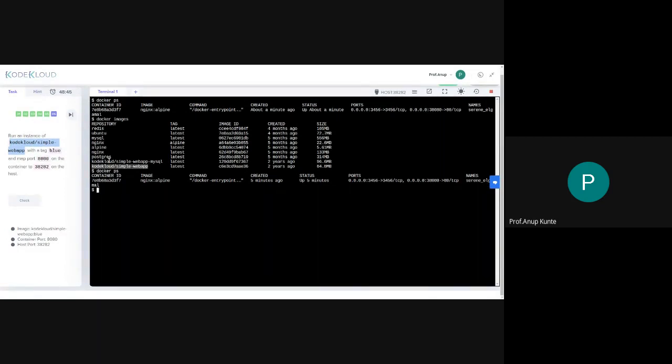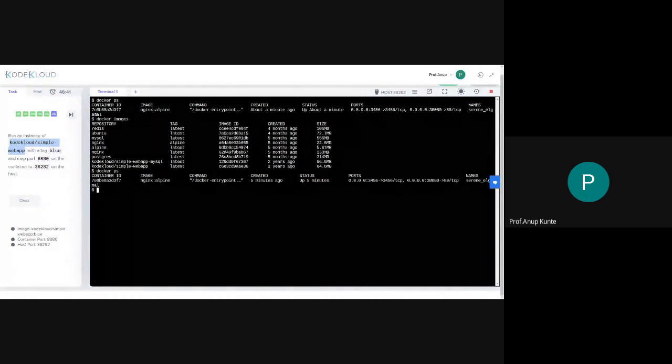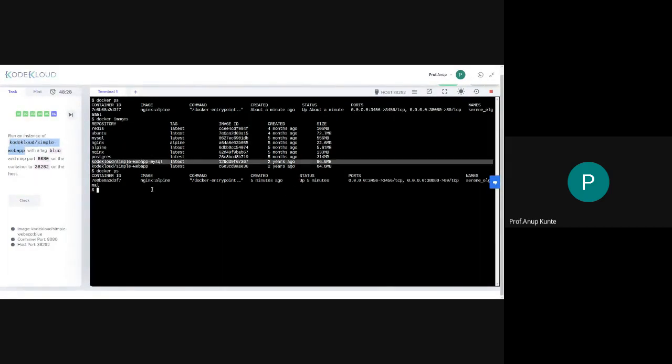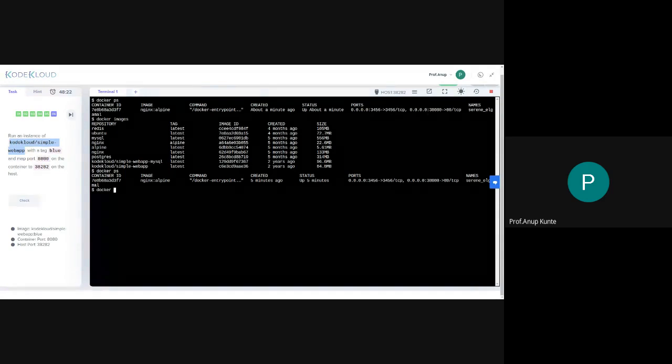Generally, if the repository name has a slash, what it indicates is that the left side of the slash is the user ID on the Docker Hub website, and on the right side you have the particular image name. And then you may have a tag associated with the image as well. Now we'll write the command using which we can pull and run this particular thing.